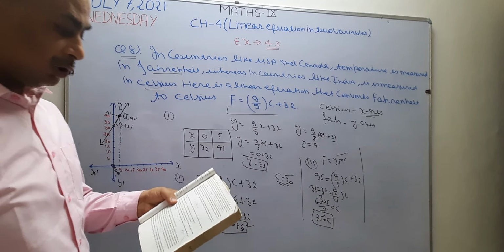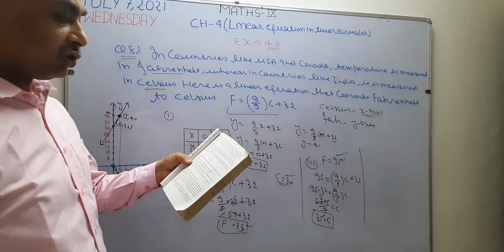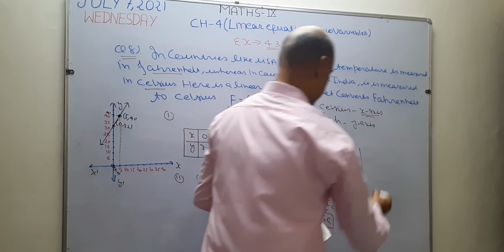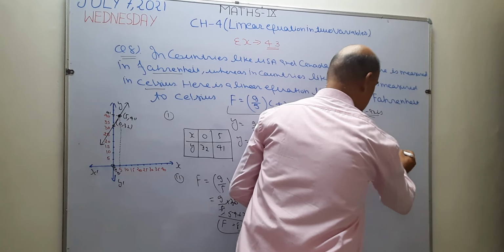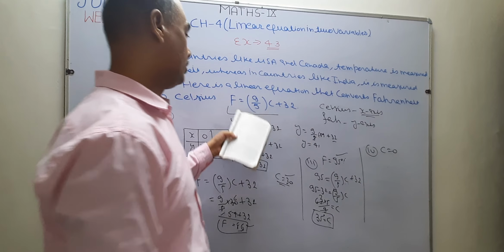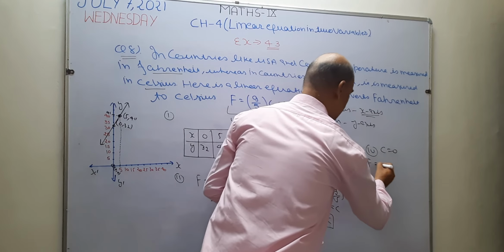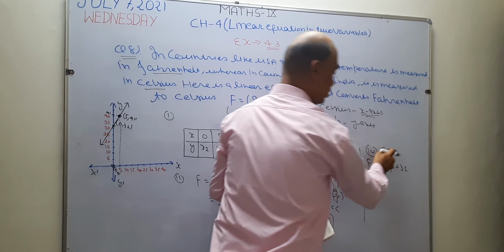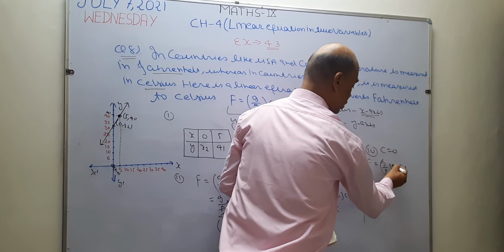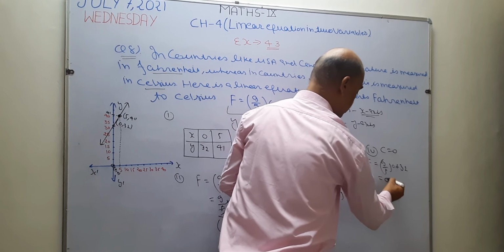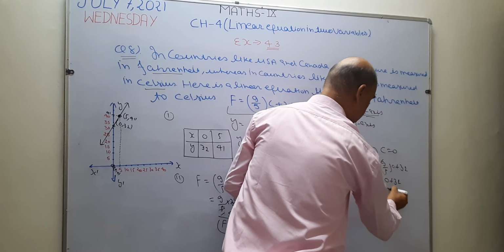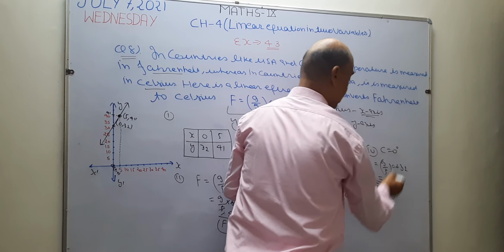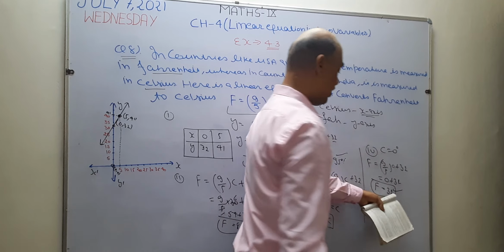Now see, the fourth part. If the temperature is 0 degree Celsius, then what is the temperature in Fahrenheit? Take C equal to 0. Then check what is the value in F. So I am going to write the given formula as it is. Now in this, C is 0. So instead of C I write 0. As you know, 0 into something is 0. This becomes 0. 0 plus 32 is 32. It means when temperature in Celsius is 0 degree, it is known as 32 degree Fahrenheit.